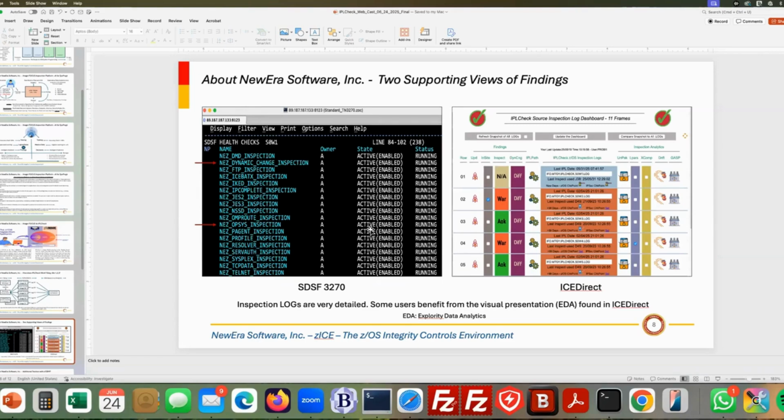Now, here's a view of what that might look like. SDSF on the left-hand side and ICEDirect on the right. You'll see on the left-hand side two health checks that are being highlighted. One is called dynamic change inspection, and the other one is called OPSIS inspection. With IPLCheck, those are the two inspectors that you get access to. But you can also see all the other inspections or inspectors and the health checks related to them also detailed